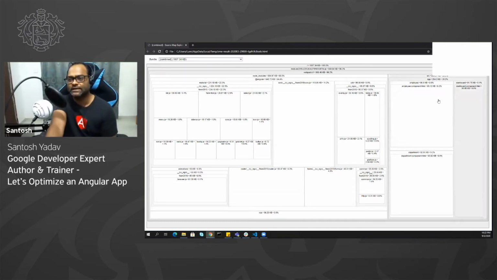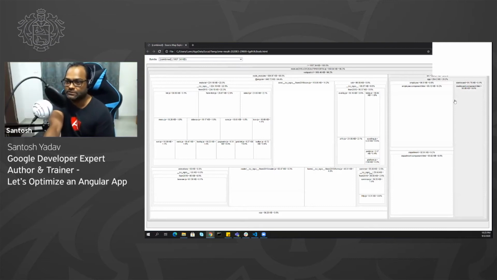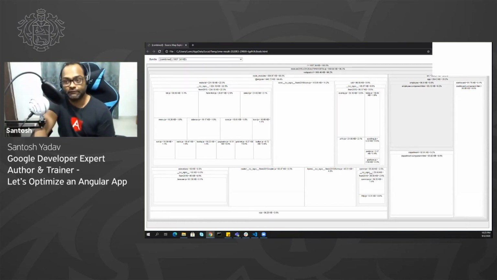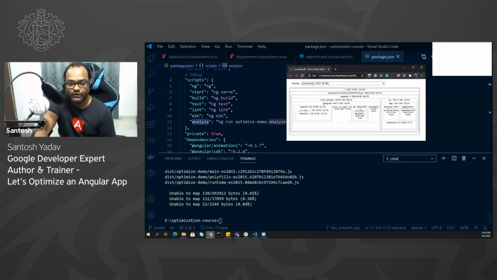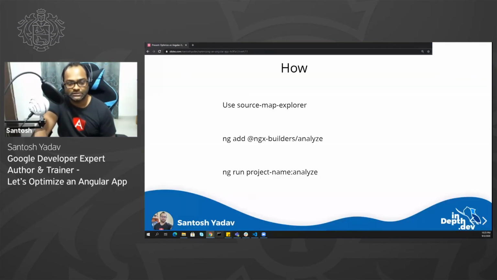I could see, okay, my src is like 284 KB. This is something coming from node_modules, Angular, and then there might be Material as well. So you can see Material is responsible for 224 KB. And then there was a strange thing which happened. I was like, 96 KB for a single module is really huge. And then I figured out, okay, there were some issues in the way we created our Angular components, there was some problem. We could figure that out only after using this tool to see what's in my bundle.